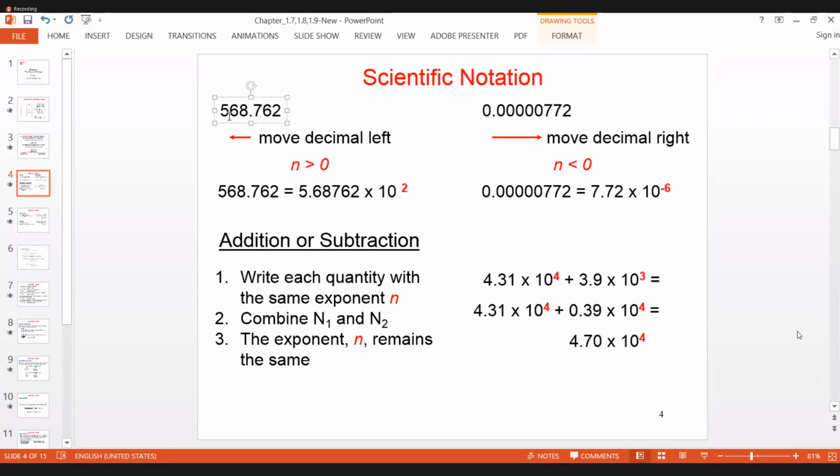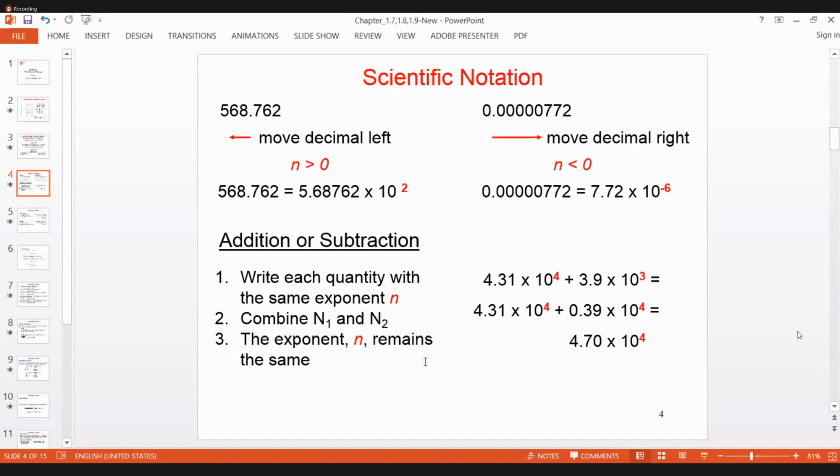So these two you will change into scientific notation. You will write here 10 to the power plus 2, right? If you write multiply by 10 to the power 2, you will get the same result. Similarly here, n should be less than 0, so you will write 10 to the power minus, and you will increase this number, so decrease the scientific notation number.